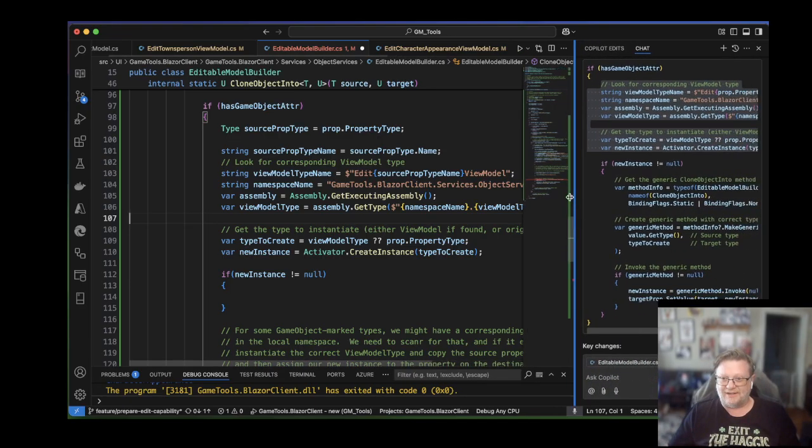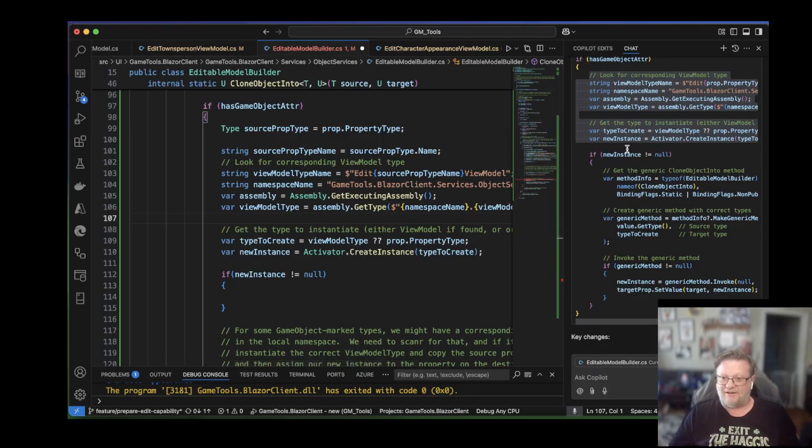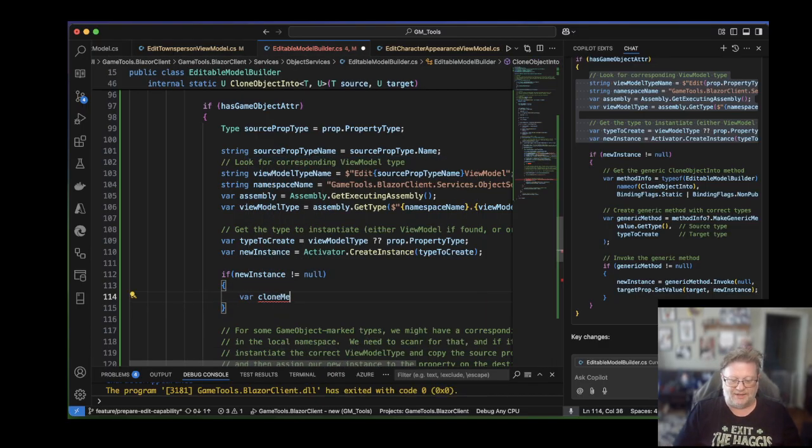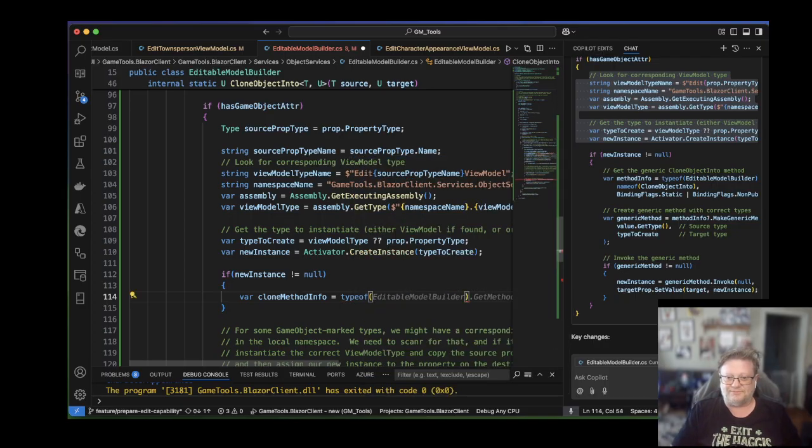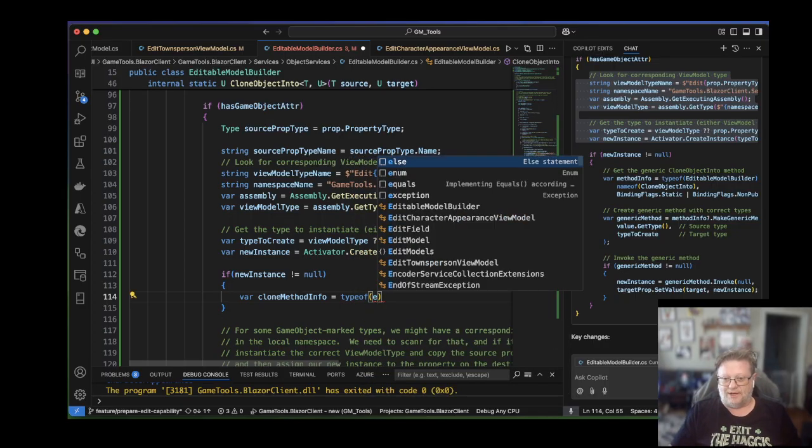And once we've got instances of those type definitions, we can say var clone method info equals type of editable model builder